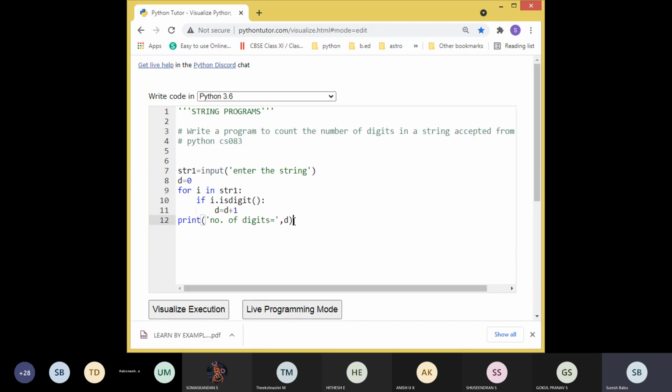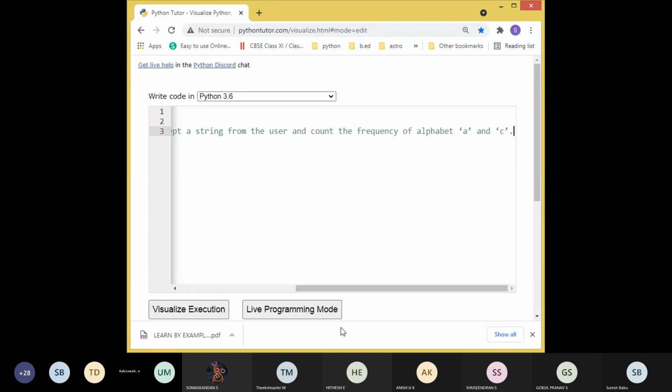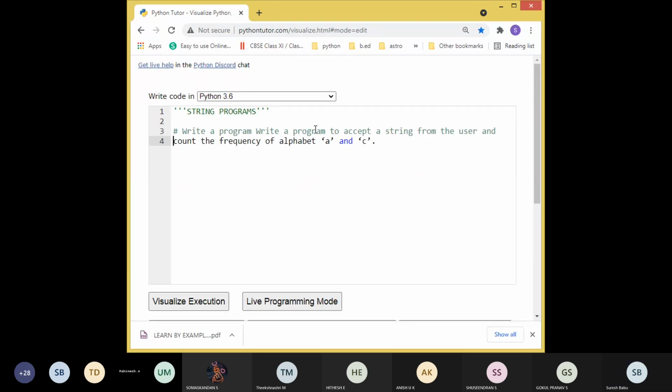Okay, next program. Write a program to accept a string from the user, and count the frequency of alphabet A and C. For example, if your input is "program to count", it should count the number of times that A and C appear.